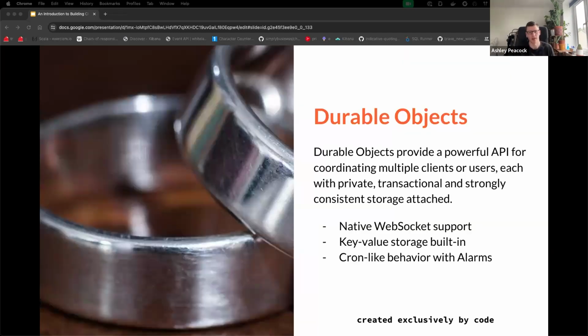The last one, I guarantee you won't have seen anywhere else. People struggle to explain this, so I'm gonna do my best to explain this one. But they're called durable objects, and like I said, you won't have seen them before. And the easiest way I can explain is in your code you create objects. So let's say you have a class, you create a new instance of that class, and you use it. And then that request is finished, that object will be pulled out of memory, and the next time a request comes in, then more objects will be created and so forth.